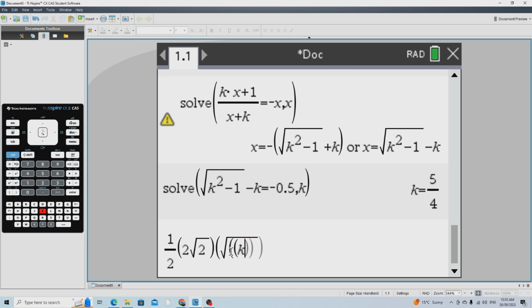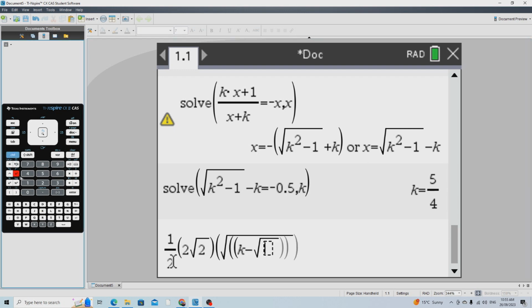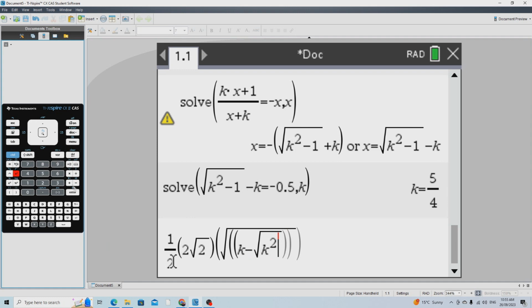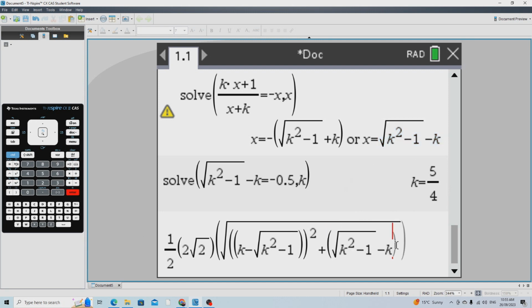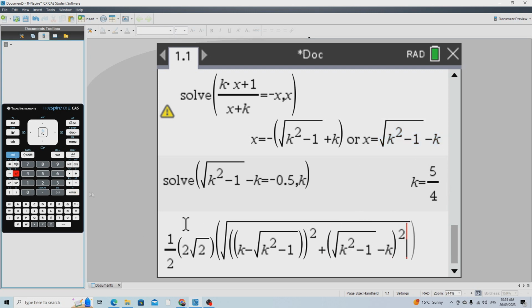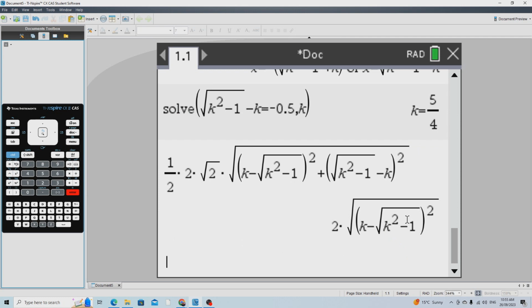So k minus the square root of k squared minus 1, all squared, plus this over here, all squared. Done. Anytime we get this, let's write that down: 2 times (k minus the square root of k squared minus 1)